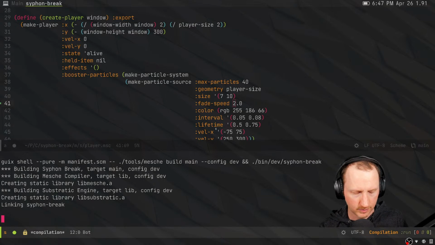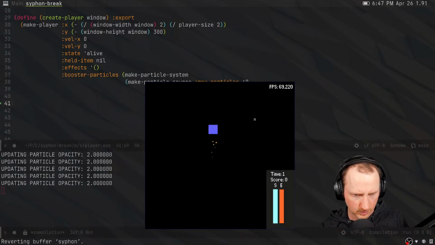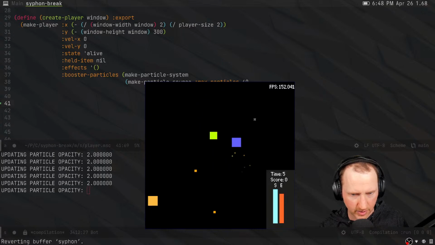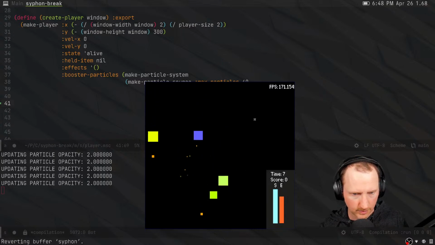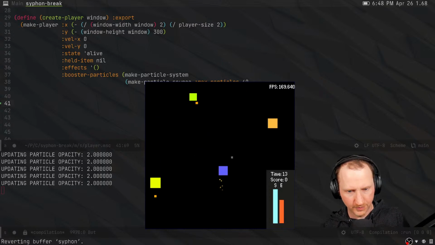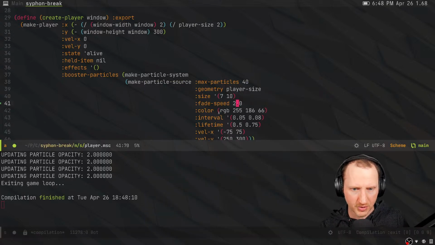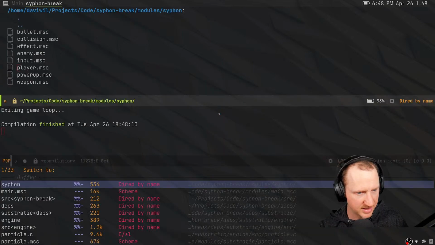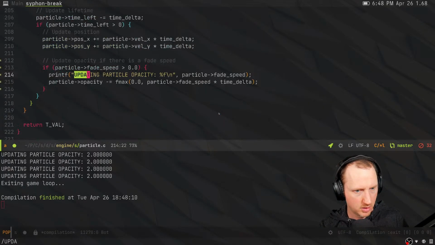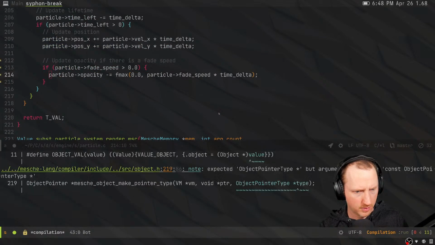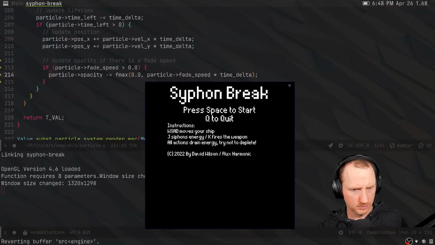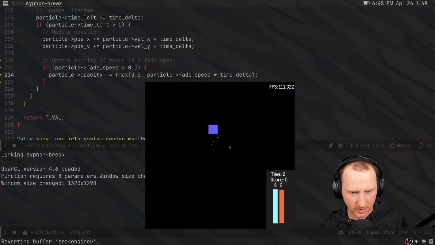Let's do that. Okay, it's fading. Is that enough? I think it's fine, right? It's a good starting point. Let's go 3 and also take that updating particle opacity out of the code. Okay, that's